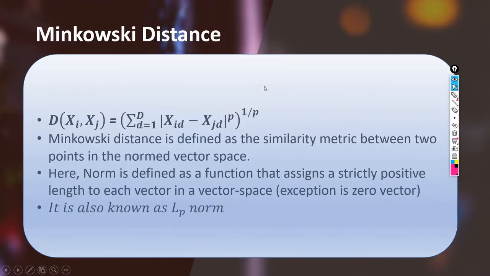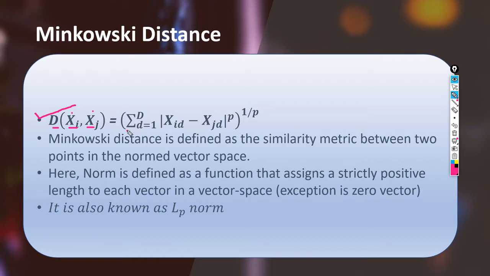Okay. So the first distance is the Minkowski distance. Now this is the very mathematical formula of the Minkowski distance. This is the distance between two vectors xi and xj. If you remember, these vectors xi and xj are nothing but the feature vectors that I have discussed. I gave an example considering the iris dataset, and there we have four-dimensional feature vectors. So this is one of the feature vectors, and this is one of the feature vectors. So we want to calculate the Minkowski distance between these two feature vectors.